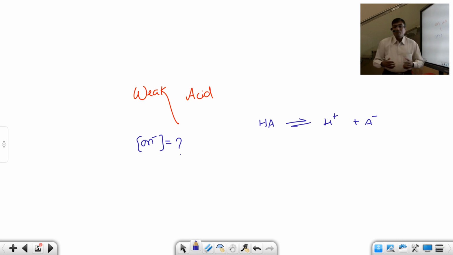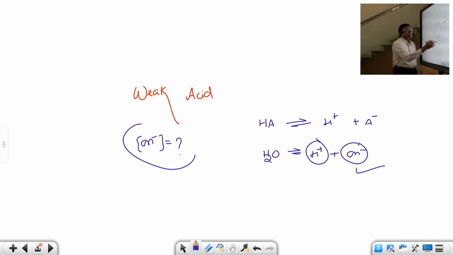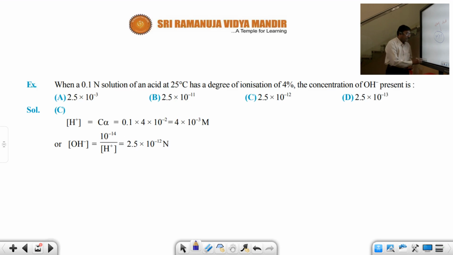Very simple. Ionic equilibrium, the chapter, holds good only for aqueous media or aqueous solutions. It is aqueous, and definitely here H2O naturally gives H plus and OH minus ions. This H plus is contributing and OH minus ions are also coming, and if you take it into account, you get the OH minus ion concentration. That is how OH minus ion concentration comes into play. Hope you are clear. Now, let us move on to the next question.